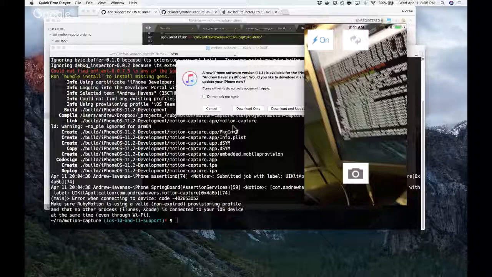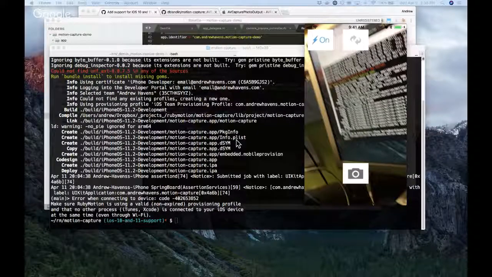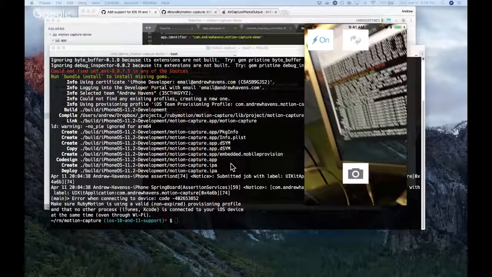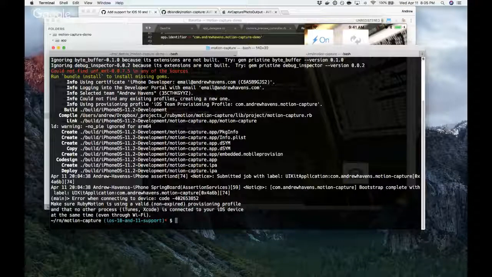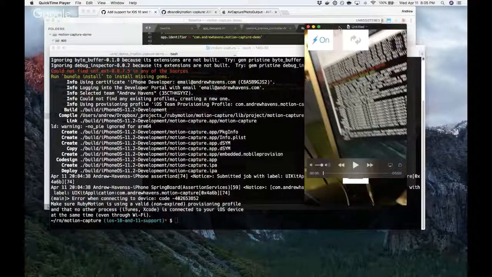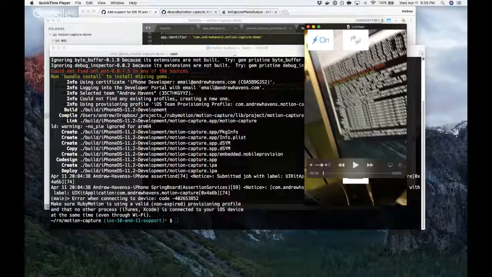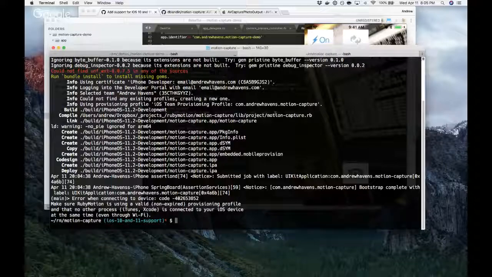Something that keeps happening is it keeps disconnecting. QuickTime keeps disconnecting, or something's causing it to disconnect iTunes so often. It disconnects and then it reconnects, and then iTunes pops up because it sees it's been reconnected, and that's the reason why this isn't working anymore. So let me try